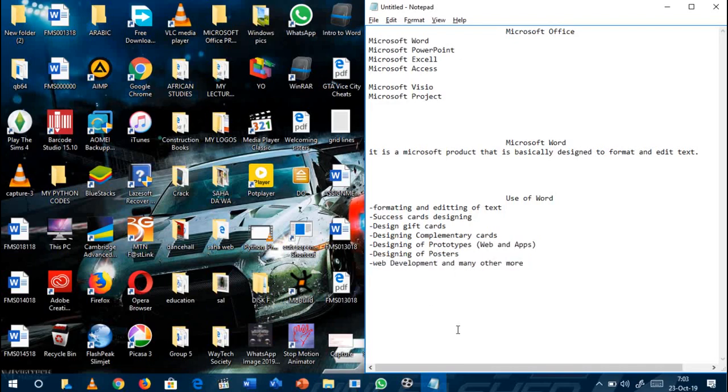So you see, the uses we list here are just a few of what Microsoft Word is capable of doing. The product is used to do a whole lot of things. We cannot list everything here. Well, let me add one most important use. It's also used